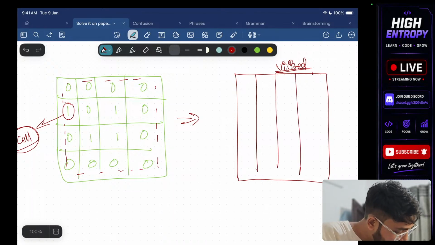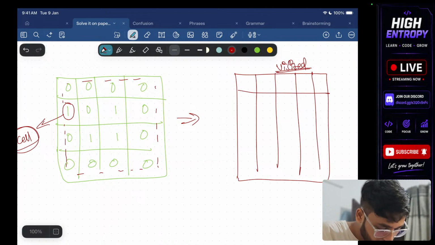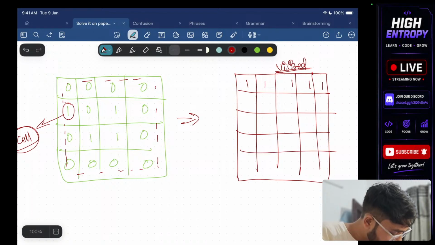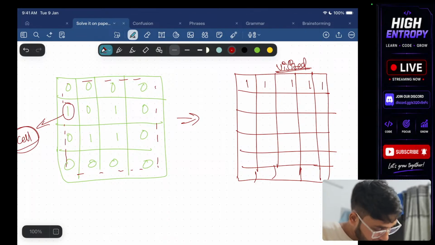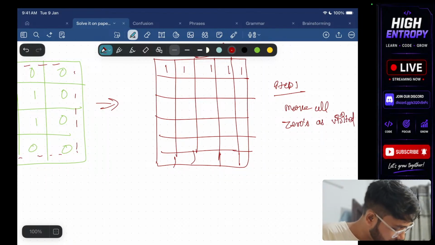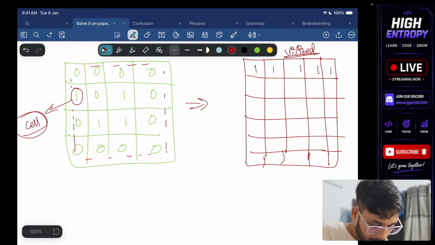zeros, because these are the cells you don't want to access, right? For example, 1 1 1 1, so you don't need to visit them. And all other cells, just mark them, like all the cells with zeros, mark them visited. So step 1, mark all zeros as visited. We just don't want to process them, that's why I'm marking them visited. And all other cells, okay. Then whatever the cells,